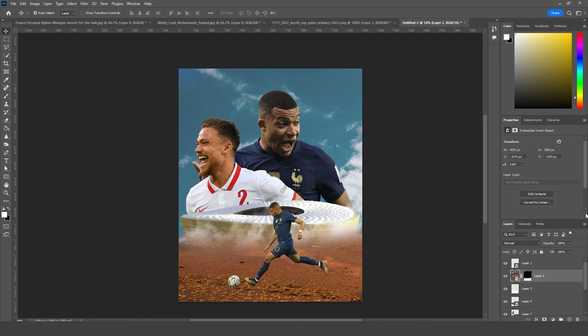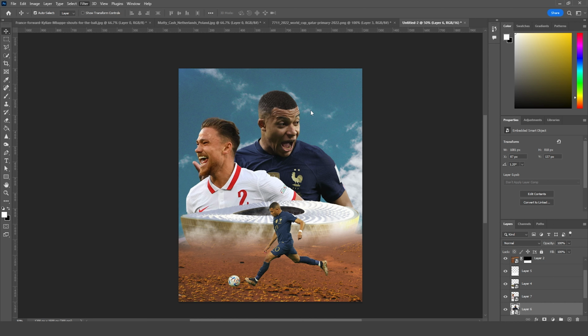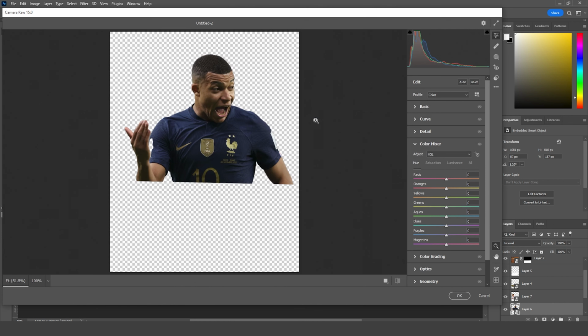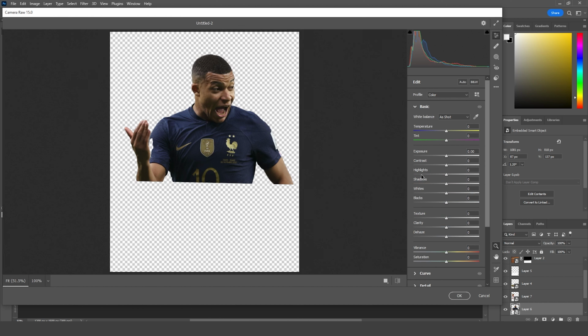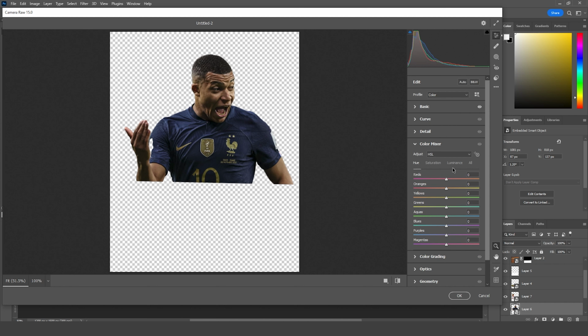Do some color adjustment. So for that, let's select this layer, go to filter, and let's go to camera raw filter, and from here let's drop down the highlights, let's increase the shadows, and let's increase the clarity, let's increase the texture, and let's go to the color mixer tab, and from here